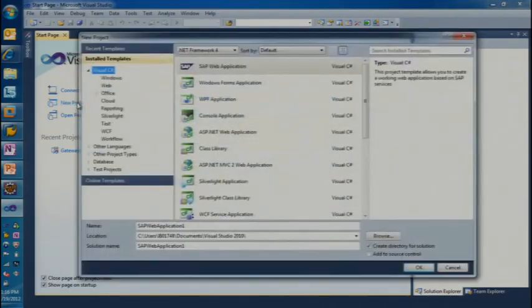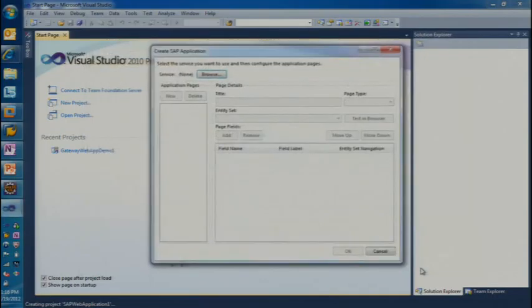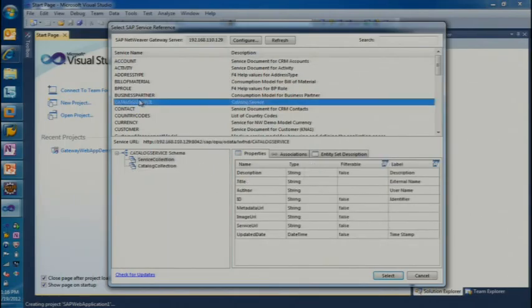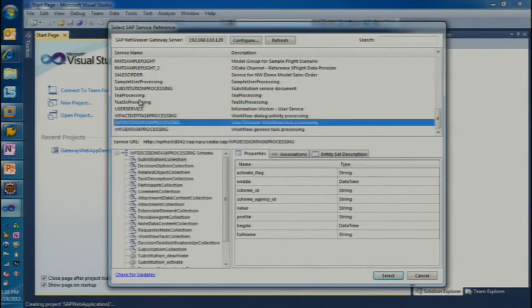So I will just create a new project. And as you can see, one of the templates that are available is about SAP web applications. And I will choose that. And without changing anything, basically, I will say OK. And then the next thing you need to do is similarly, we need to browse a service. And it automatically connects to the system. I can change it if necessary. And I will use the same